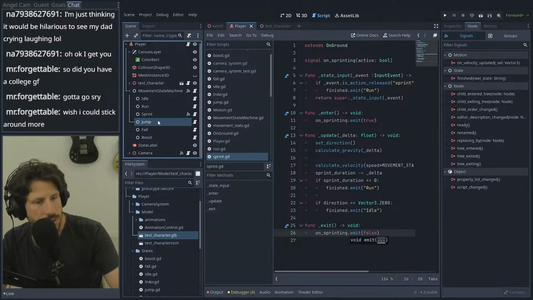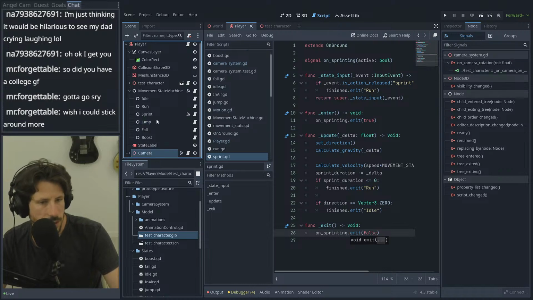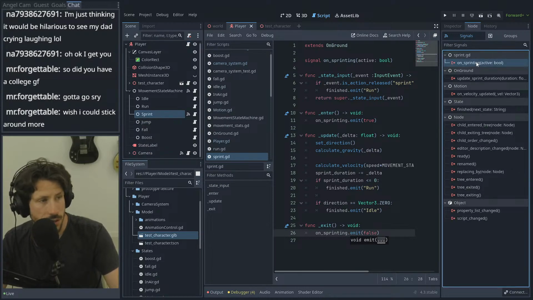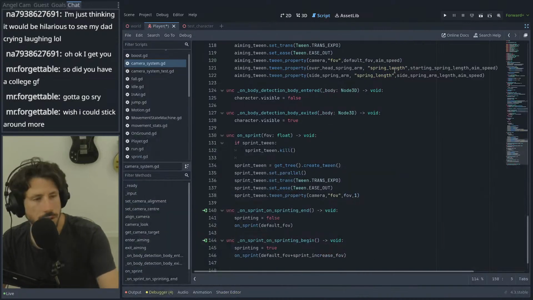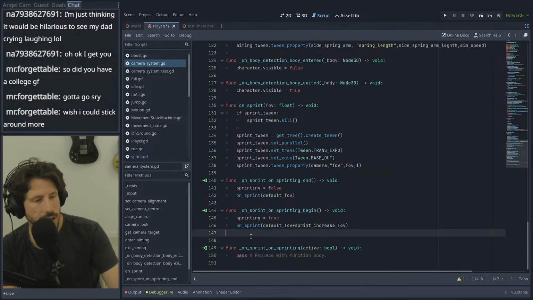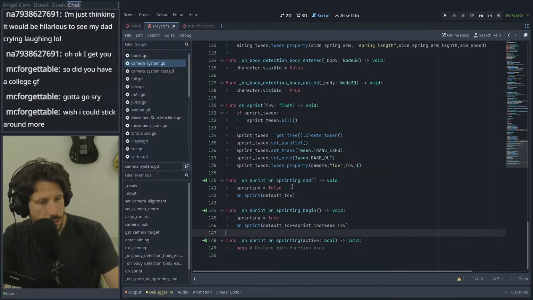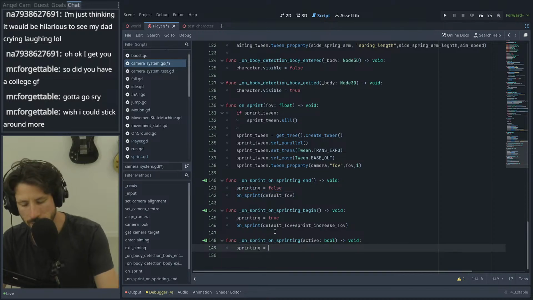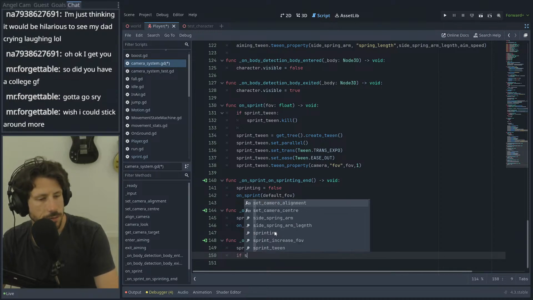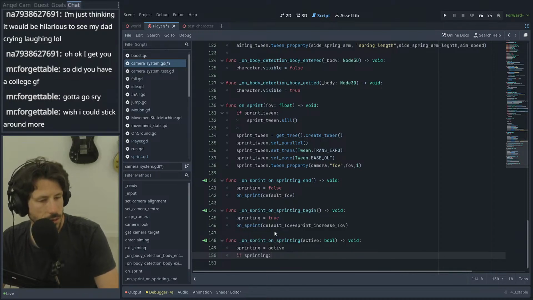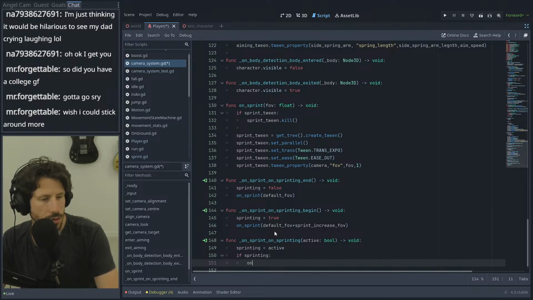And then we come back to this, and now it's not connected to anything. We've got to connect it to the camera, so we know the camera needs to change, right? We've already got that covered. We come back down here, and we can essentially just go, okay, so sprinting will just equal sprinting, right? Sprinting will equal active. And then we just go, if sprinting, then we just go on sprint